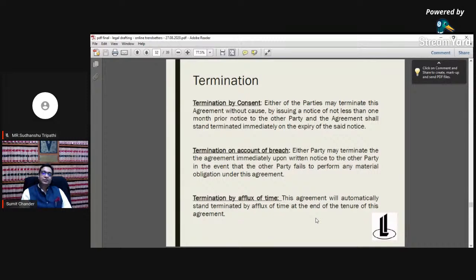And last but not the least, termination by a flux of time, where you say that this agreement will automatically stand terminated by a flux of time at the end of the tenure of this agreement. So this overall clears out the termination clause in your contract. Next important legal clause that you must put in every agreement, and next slide please,